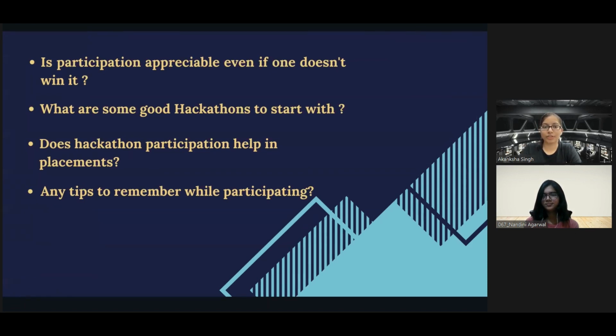So hackathon participation actually helps you in placement. It's because you get to make a lot of projects. Like if you're going to a lot of hackathons, you're going to have a lot of projects for your resume. It's not that you can include every single project in your resume, but you should actually work on your hackathon projects after the hackathon and try to have a finished product. Like you can work on it for 2-3 months and have something which is presentable, which is actually a product that can be added to your resume. So those hackathon projects can be added to your resume. That will help